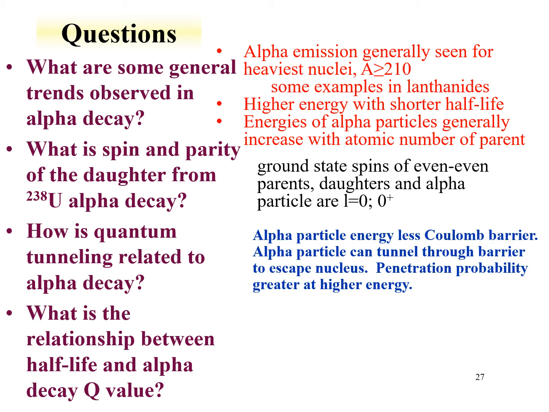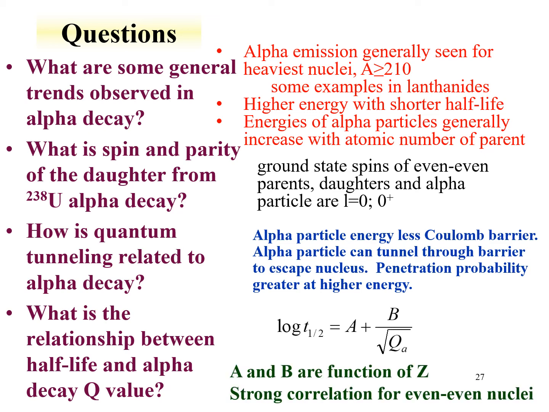So what's the relationship between half-life and alpha decay Q value? Well, there's actually an equation that we talked about where the log of the half-life is equal to a constant A plus B divided by the square root of the Q value for the alpha decay. A and B are functions of Z, so a function of proton number, and there's strong correlation for even nuclei. You could determine these factors by plotting the log of the half-life in the same unit, generally seconds, against 1 divided by the square root of the Q value for even nuclei of